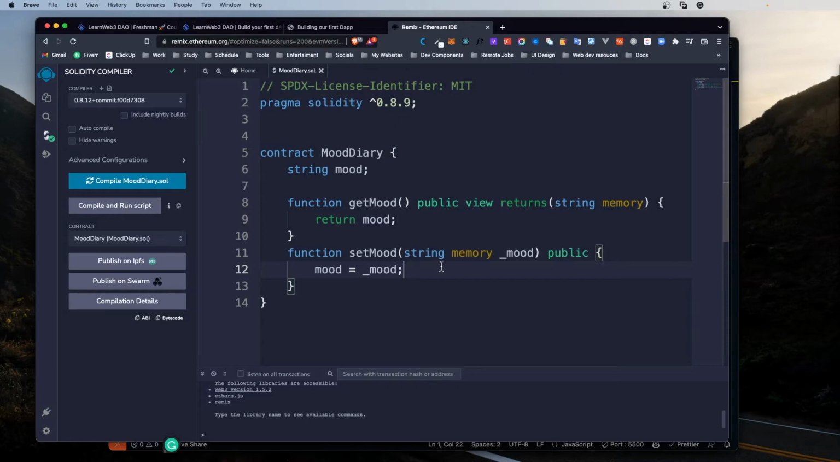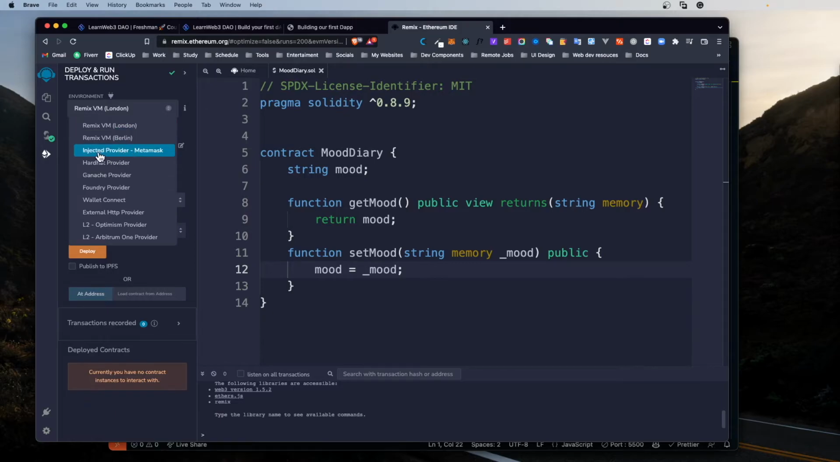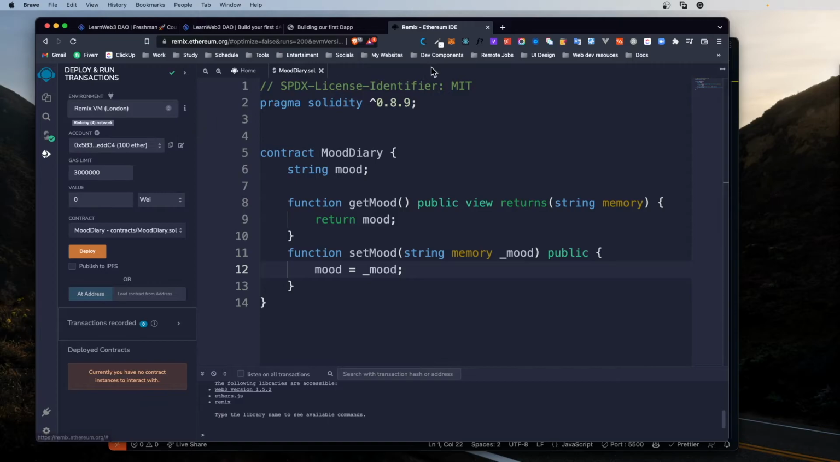Now our smart contract is successfully compiled, and now we need to deploy it. So we are going to use our MetaMask wallet. So select here injected provider and MetaMask. So I'm going to use this, and we are going to use Rinkeby testnet to deploy this. So choose the contract, it's mood diary contract,